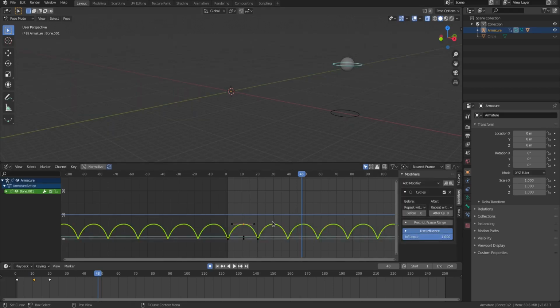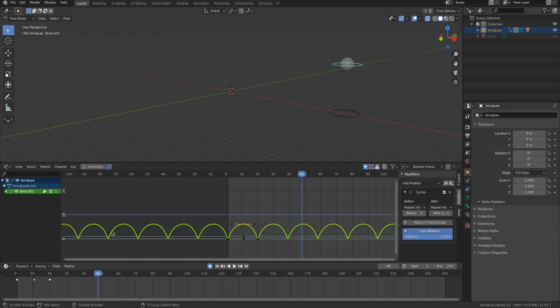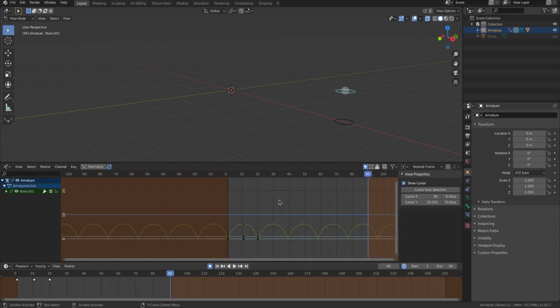You can even select it, use influence to reduce the influence, restrict range to add a restricted range. And once you have finalized that you want animation till 90 frames, this is your final animation, you just set the start end, for example 90 frame. You change the start end and then you select both the curves,